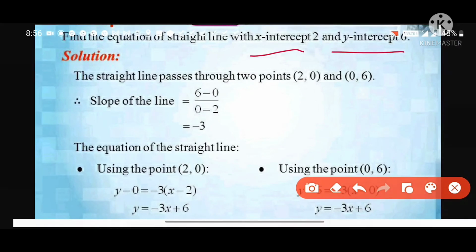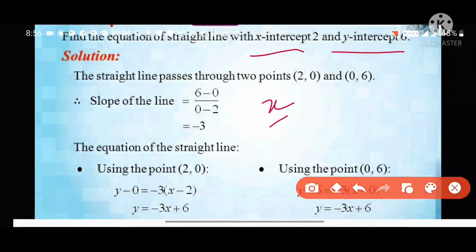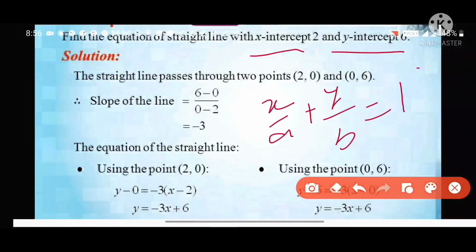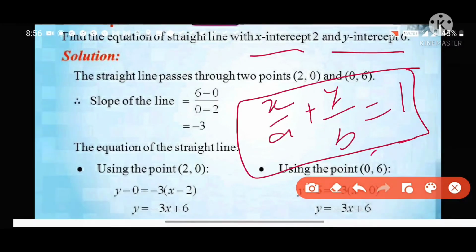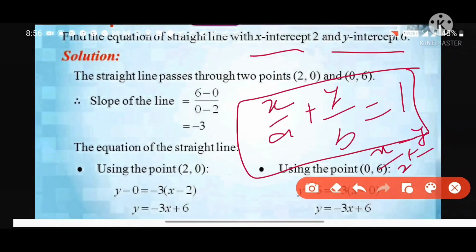By using intercept form, x by a plus y by b is equal to 1, we will get the desired result. X by 2 plus y by 6 is equal to 1. Now by taking LCM,